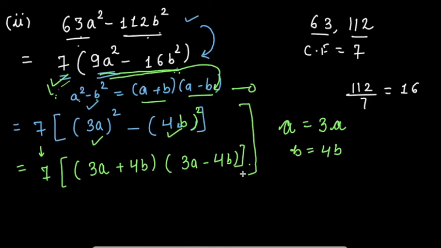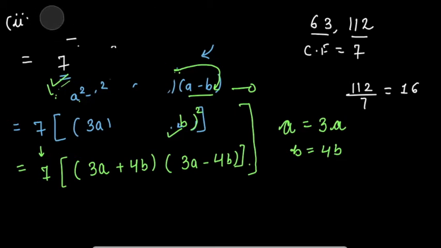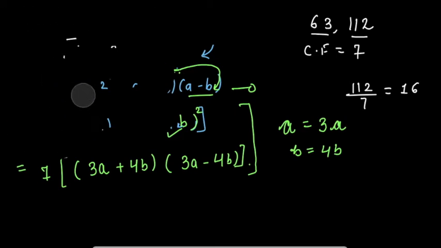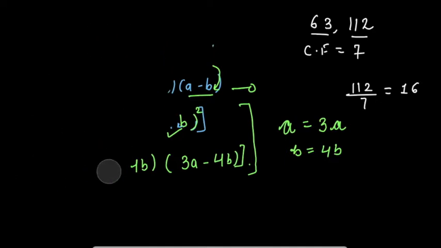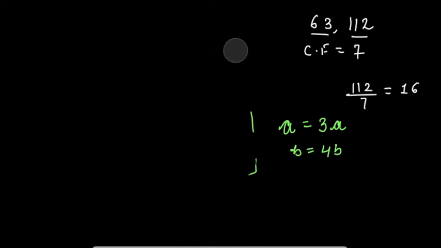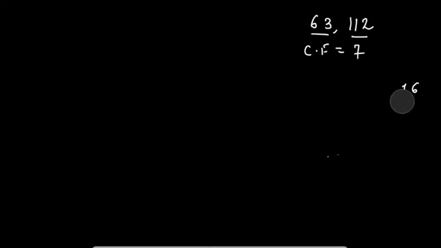Okay, students, wherever you are stuck, please pause the video and note it down, and you can understand it. Okay, now I am moving to the third part of the question. Okay, so third part of the question is 49x square minus 36. So if you see, again your 49x square is a perfect square number and your 36 is also a perfect square number, right? So the third part is